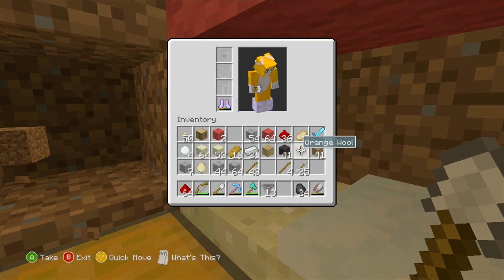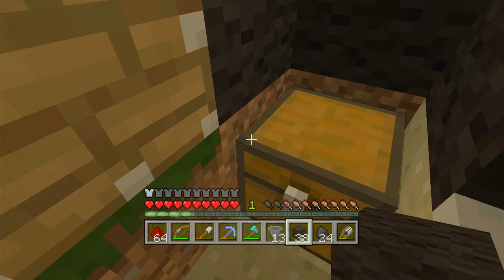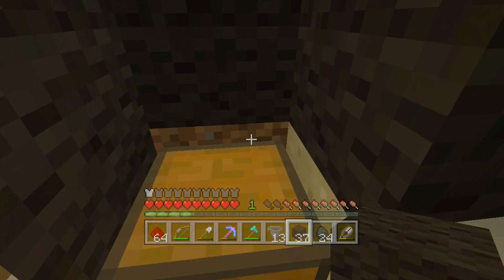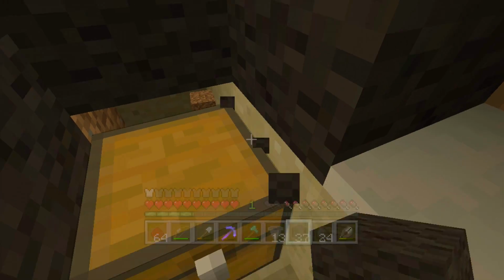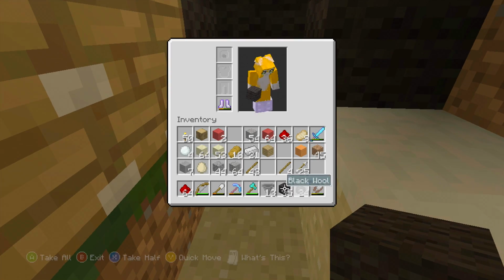So let's just use, I think I got some black wool on me. Yep, I do. So let's just go and put some black wool around here like that, and maybe behind the chest as well, because you can kind of see around the chest as well. So let's go and put black wool around here. So this is going to be where you collect all of the curtain pieces up from, and then I need